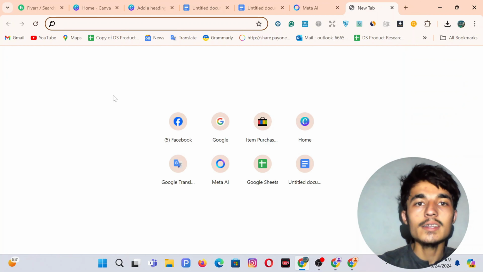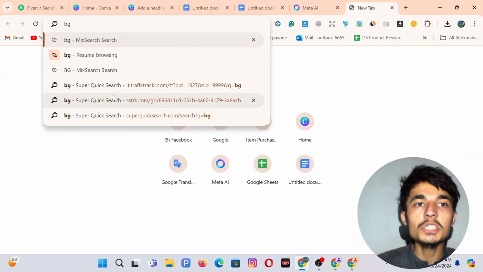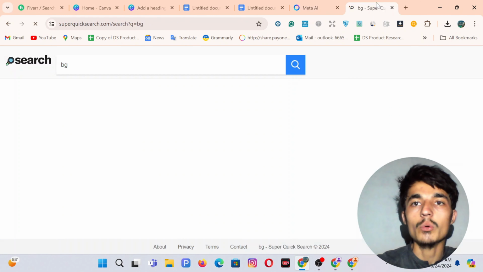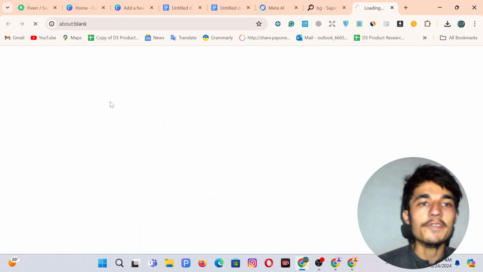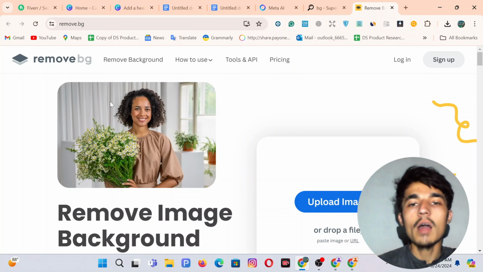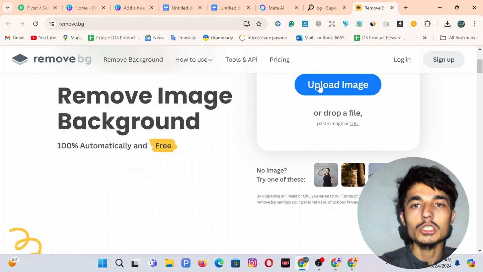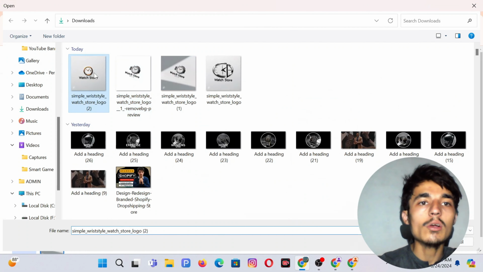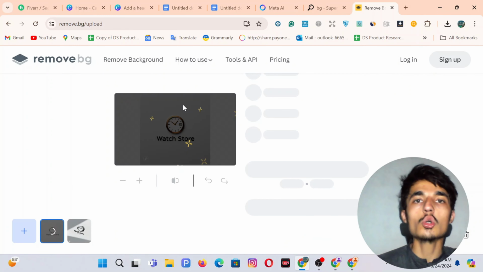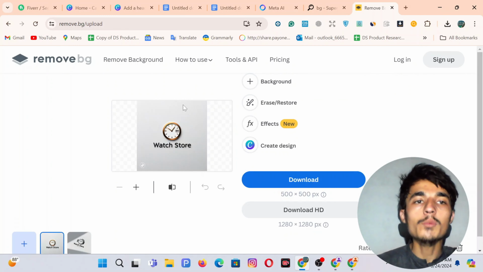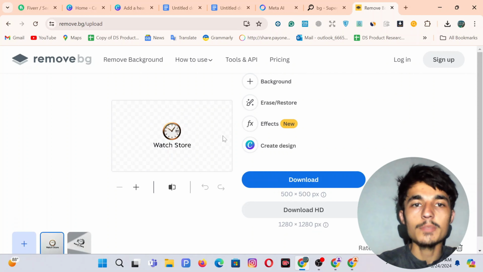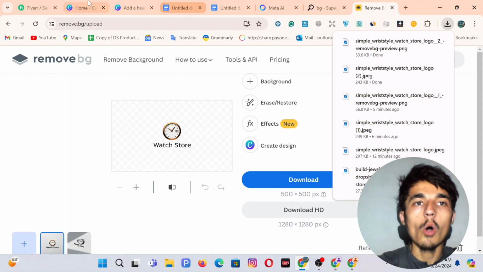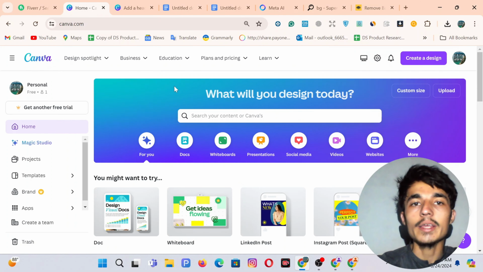Here we have another software by the name of BG Background Remover. We have to remove this background. So I have to click on the first link, and now here I have to upload my image. So click on upload image, and now let's double click on this picture. So this software will remove the background from this picture. Once this is done, you have to click on the download option, and now you have to come to Canva